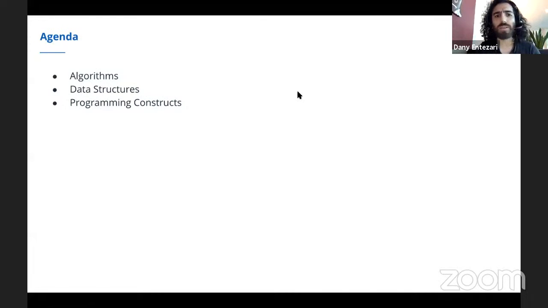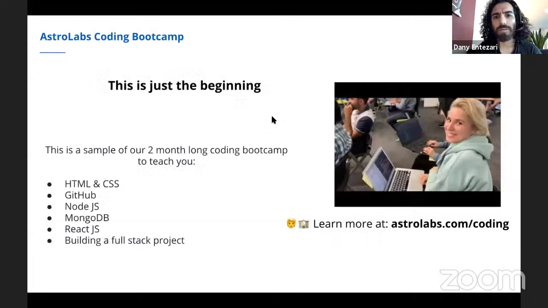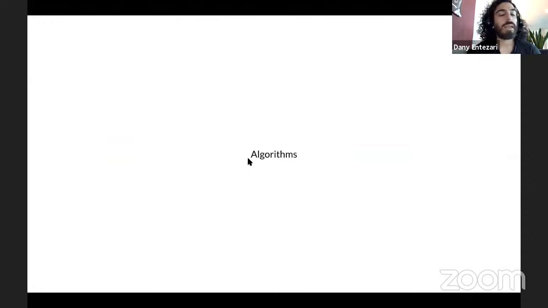And the first thing we want to look at are algorithms. Now, for those who are in this workshop because they want to know about the Koni Bootcamp, this is something we will talk about today, but at the end of the content. So stay tuned for that if you are here for that discussion as well.